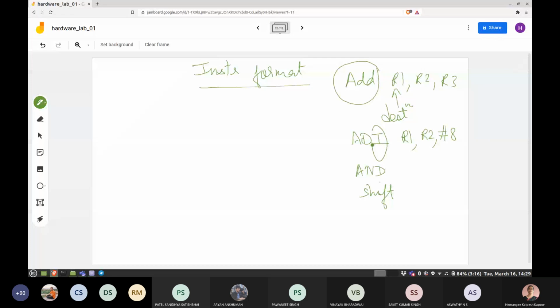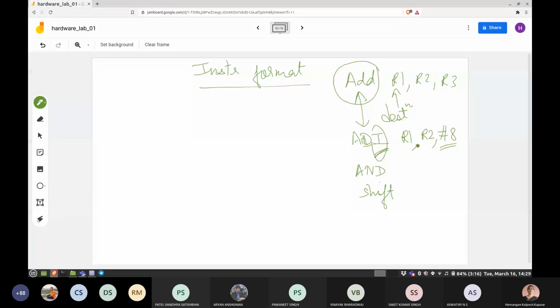So it is the job of the controller which you are going to design to send the immediate value, in this case, the 8. The 8 has to be sent to the ALU as part of your program. When you send R2's contents and 8 to the ALU, the ALU should do the addition. So this I is for your reference, whereas the operation has to be an add. This add and this add are the same for the ALU. For the ALU, add R1, R2, R3 and add immediate R1, R2, #8 are both the same type of instructions. ALU only needs source 1 and source 2, which your program is going to send properly.